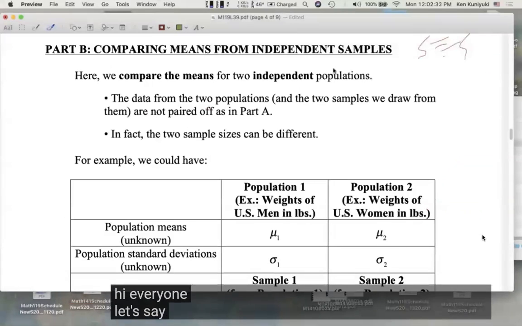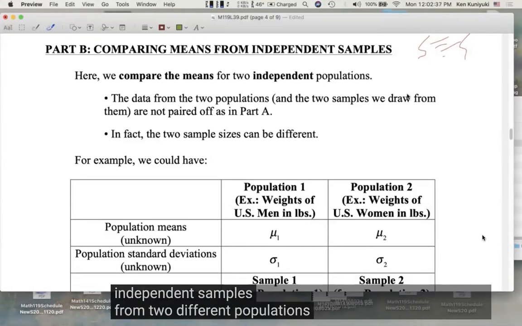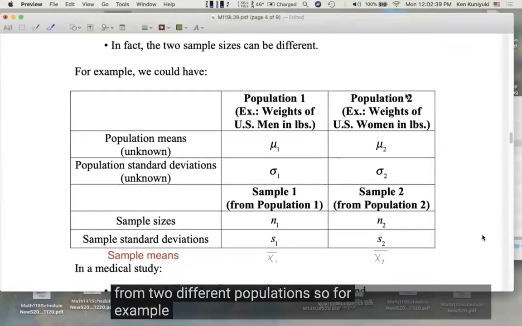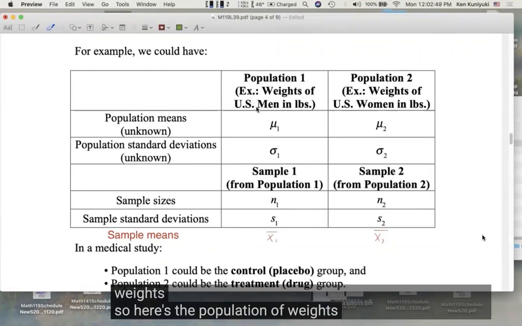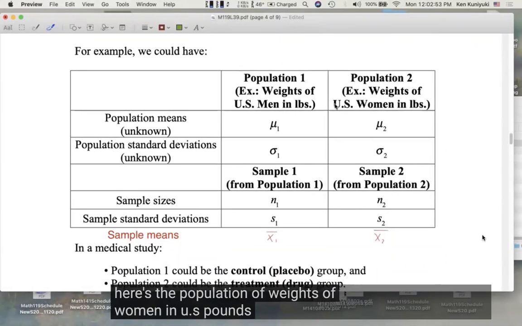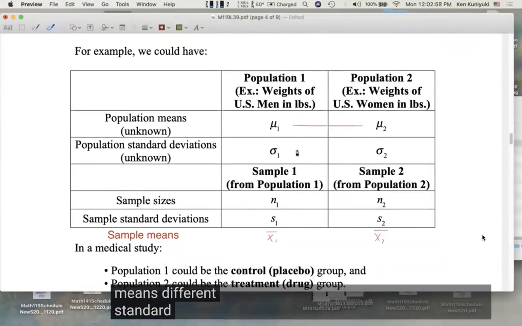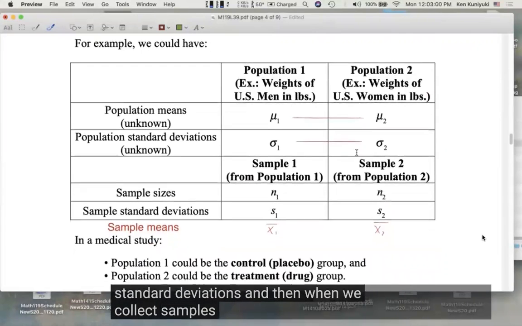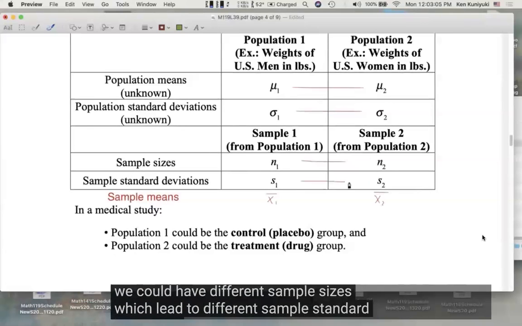Hi, everyone. Let's say we're comparing means from independent samples from 2 different populations. So for example, let's say we have a population of men versus a population of women in the US. Let's say we're studying weights. So here's the population of weights of US men in pounds. Here's the population of weights of US women in pounds. These populations could have different means, different standard deviations. And then when we collect samples, we could have different sample sizes, which lead to different sample standard deviations and